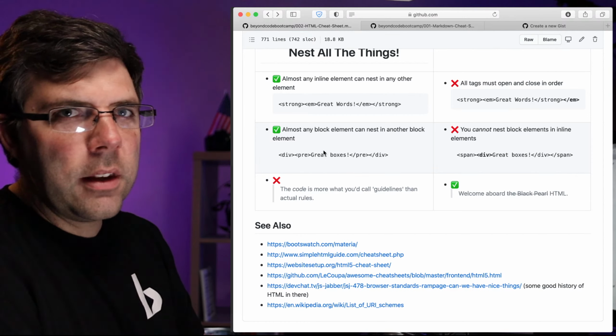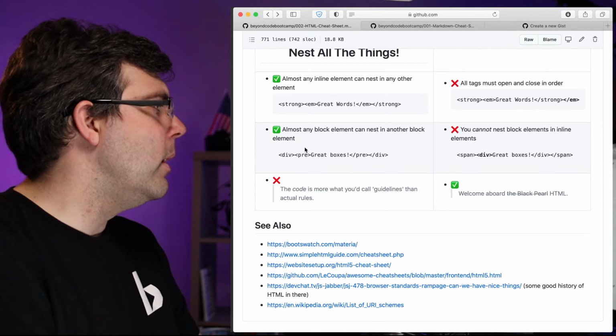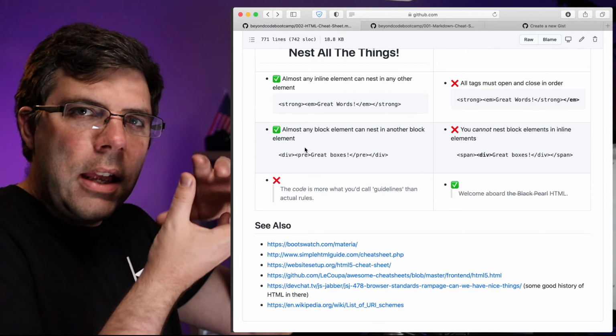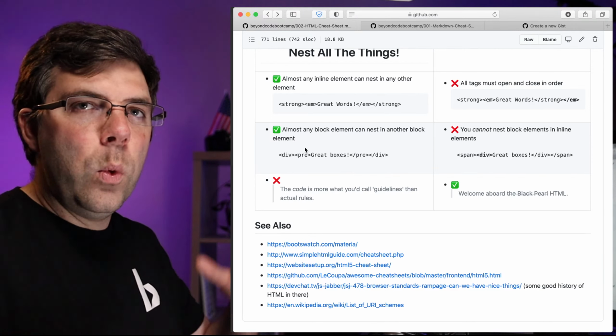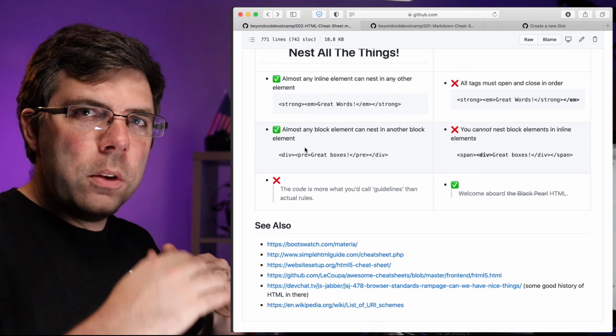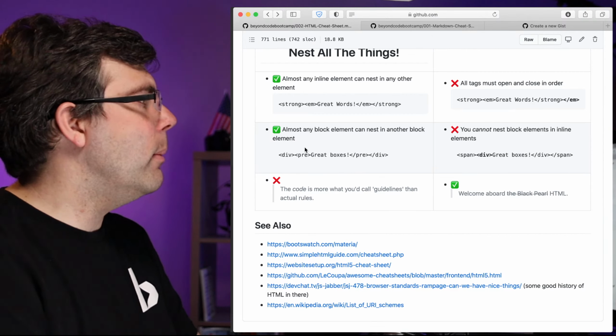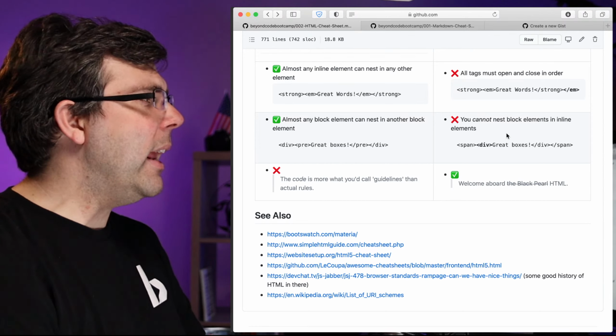We can have a table inside of a pre. We can have a pre inside of a table, so on and so forth. So all the block elements, the things that take up vertical space, essentially, the things that break between text. If I were to put hello and then a table and then world, it would break the text. Those are block elements. So any of those can be nested anyway, but what we cannot do is